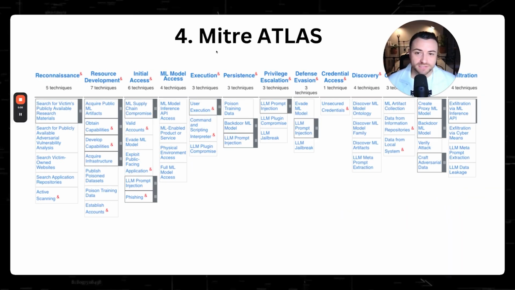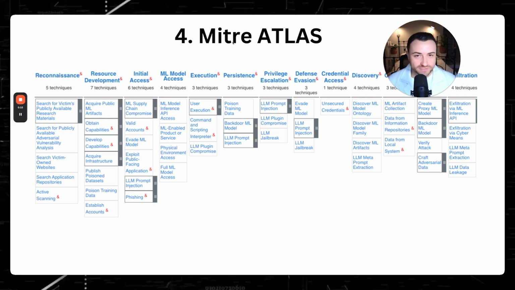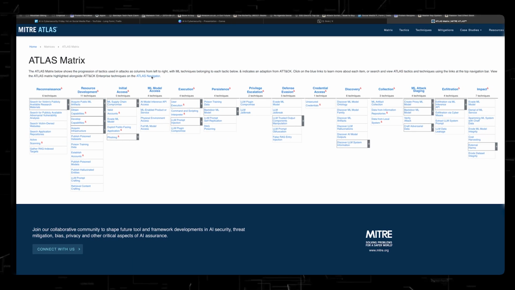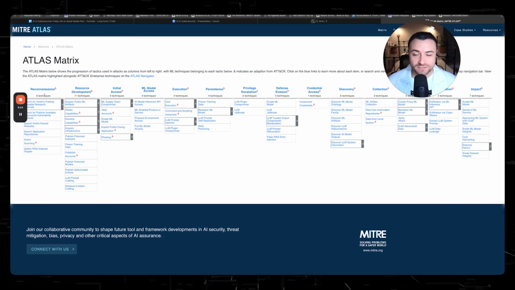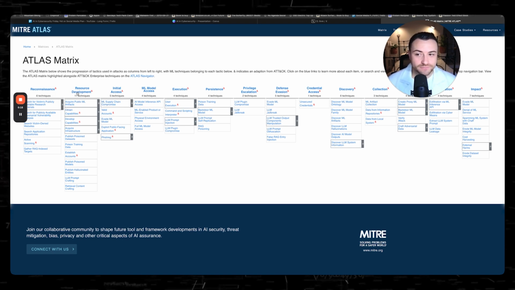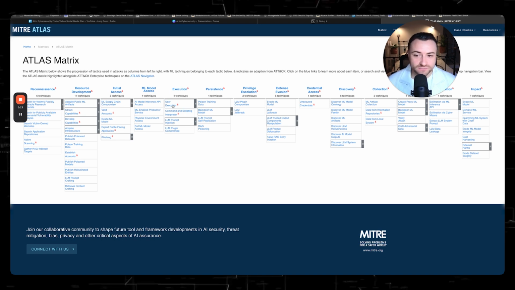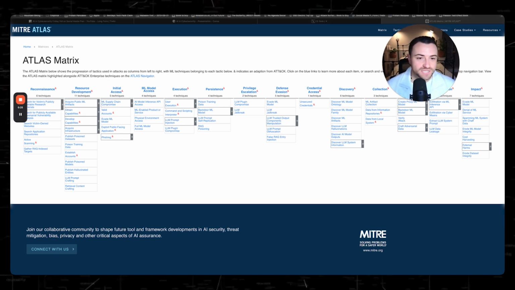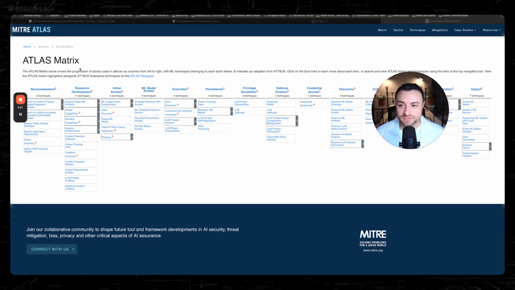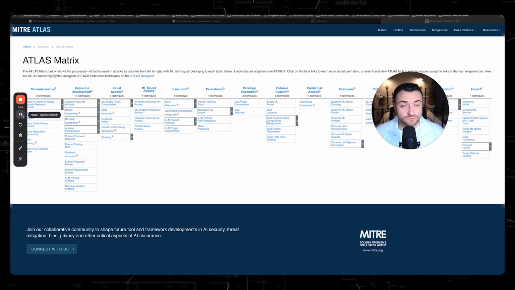So MITRE have this framework called Atlas. If you're not aware of the MITRE ATT&CK framework, what they do, as I can show here, is detail the latest attacker techniques within certain steps that are taken by an attacker. So this gives you the steps that an attacker is taking, and then this gives you the specific technique that they're trying to attempt. So this is one that has been mapped to map possible attack scenarios to machine learning